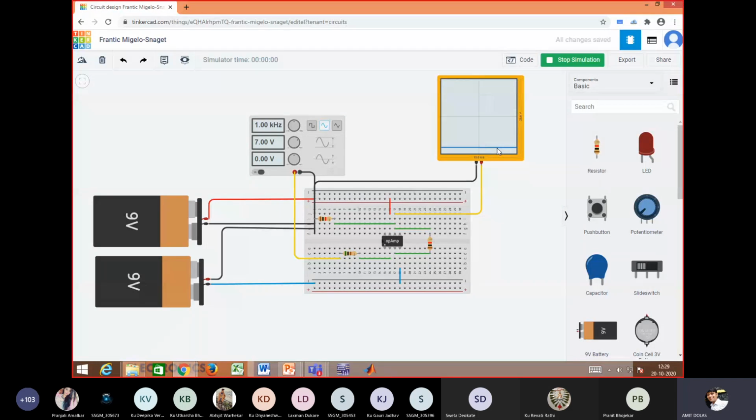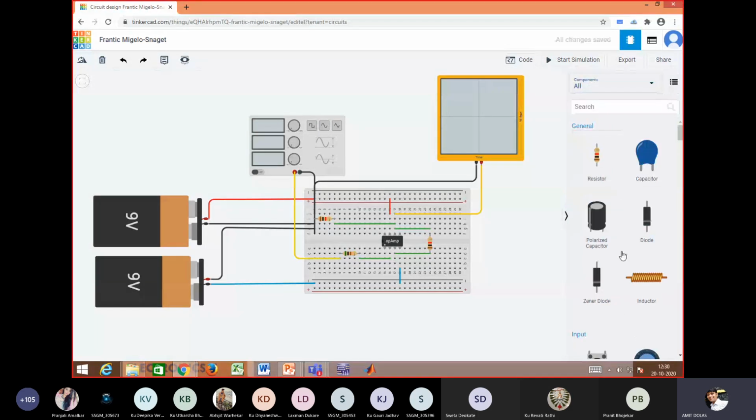Still there is negative saturation. So what could be the reason behind? Offsets. We'll check the voltage by using voltmeter, and later on we'll decide what to do.